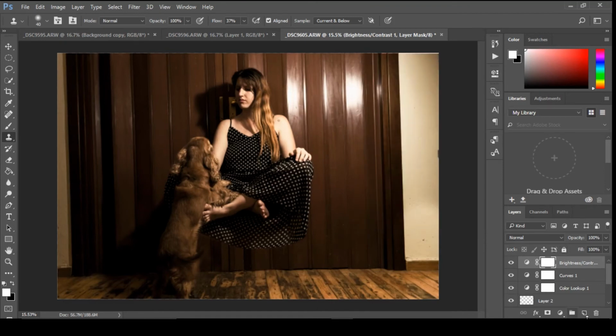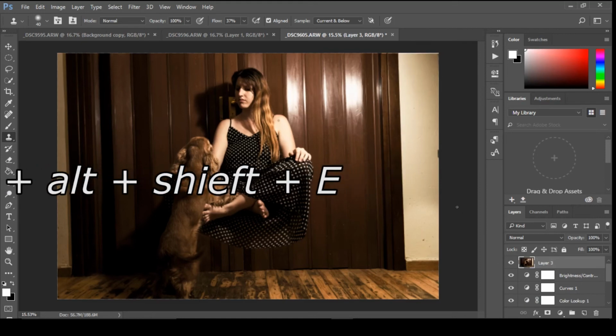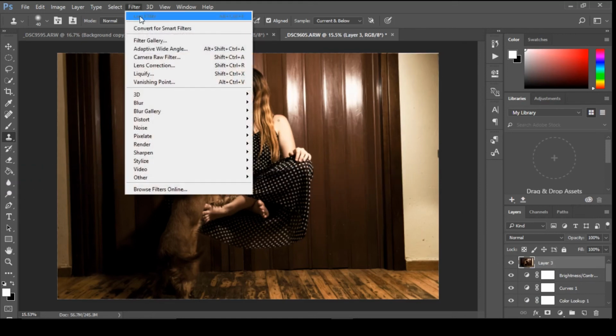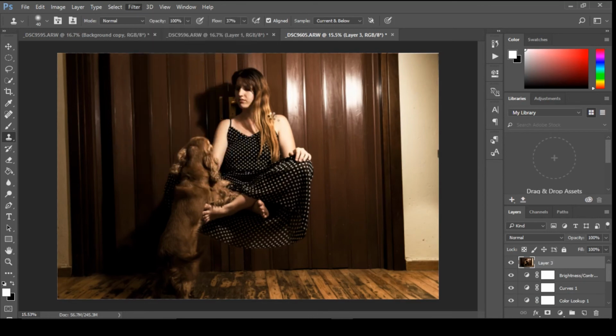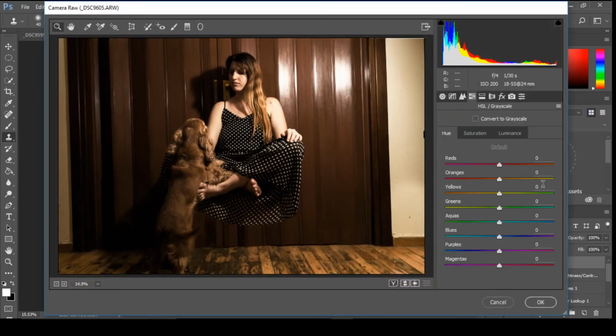Now let's make a new layer and press Ctrl Alt Shift and E to create a stamp visible, and go to filters, camera raw filter, and I was messing around with those earlier and found this is not a necessary step, so we can skip that. And in every image it will be different.